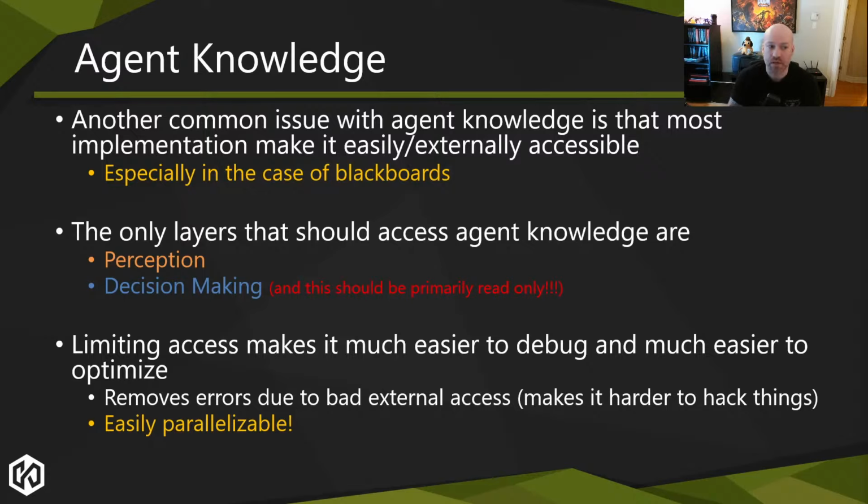This is why I'm hammering on controlling access and when to limit the access. There were many places where, for example, the inventory system was going into an agent's knowledge and telling it to pull out a weapon, but then the action was also telling it to unholster a weapon. Because the timing was off on those 2 systems, you would end up with a double unholster request. 2 systems were messing with the same thing at different times, and nobody really knew who owned what. You can avoid a lot of that pain by just having strict rules.